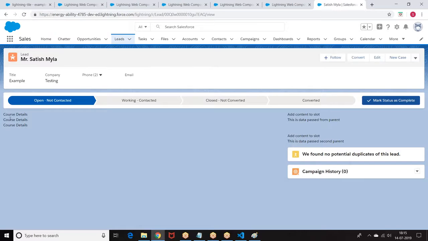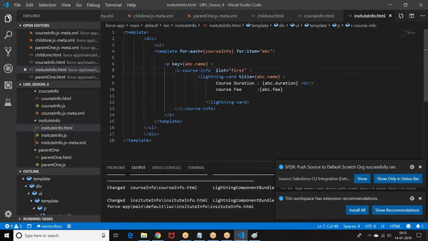So we're getting the course details. Remove the slot from here.